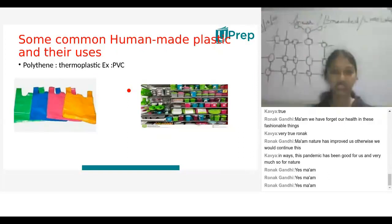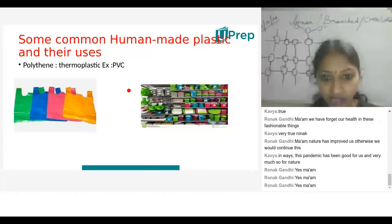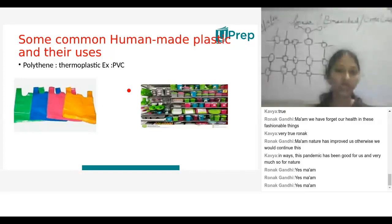So before going with the properties of plastic, some common human-made plastics, let us discuss what is around us. There are different kinds of technical terms. So around us, what kind of plastics are we using? Like polythene. We'll find polythene is a thermoplastic. Thermoplastic means we can recycle it. Yes or no? Examples like PVC or polythene, and some kitchenware items we can very much find because